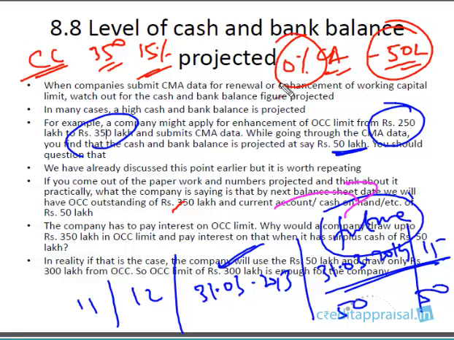Current account is not going to pay you anything, right? If you think you are the owner of this company, why would you be fully drawing CC limit 350 lakhs, and paying 15%? On the other hand, while you have surplus cash, idle cash 50 lakhs lying in your current account, and this is not paying you anything. This is not a deposit account, current account. This is a zero interest account. This is not paying you anything.